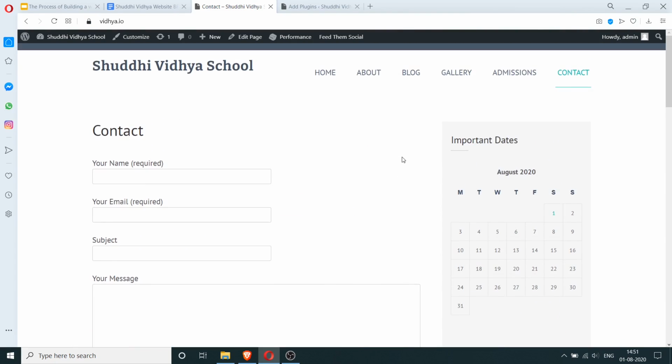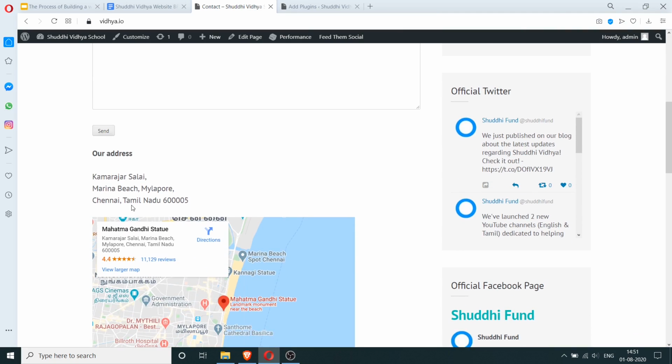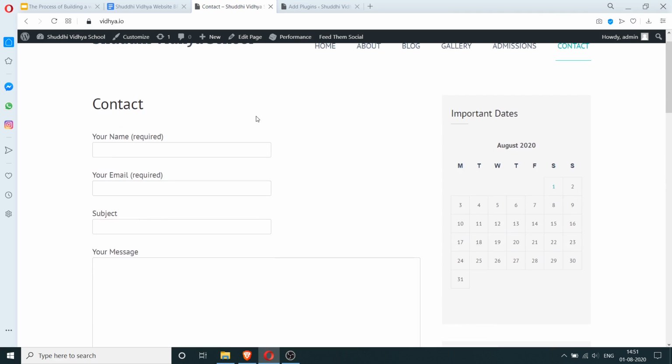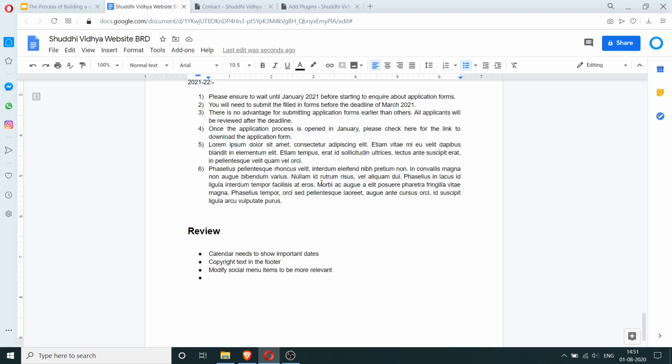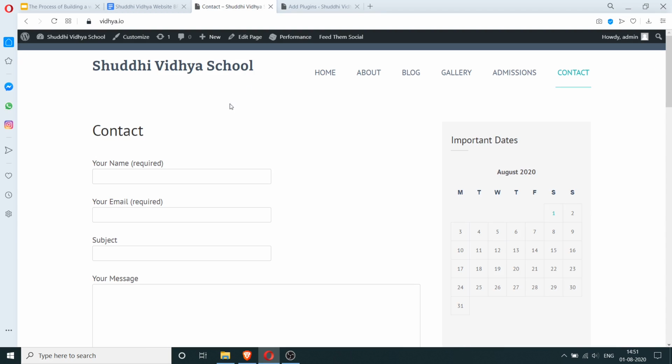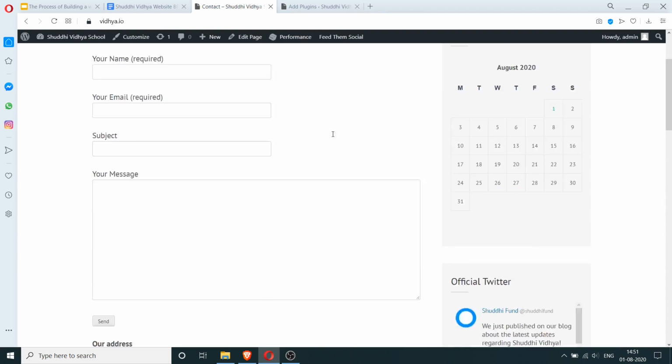So I think it's easy for somebody to come here and miss out the fact that there's an address here. So we'll figure out a way to make all of this content fit and be visible upon first sight. So a couple of things. Add photos to pages. Then modify the layout of the contact page so that everything is visible. And I think we've covered all of the parts of the website.